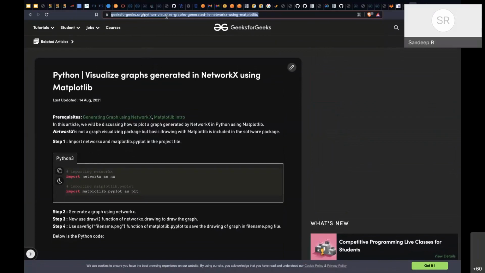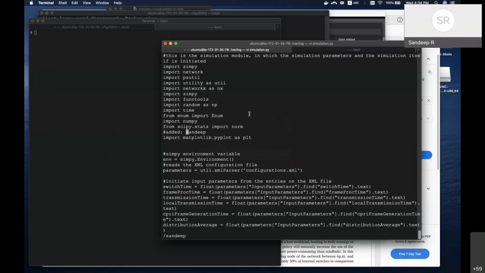So I will show you. I'll just share this also if you want to copy and try it out. So here it is. This is a very simple matplotlib plotting of the graph. What I've done is I've just added this code to their file so that we can show it as a graph also. I'll show you the graph.